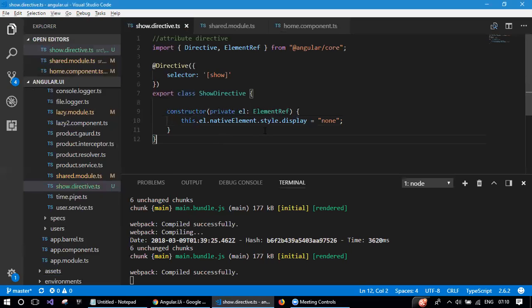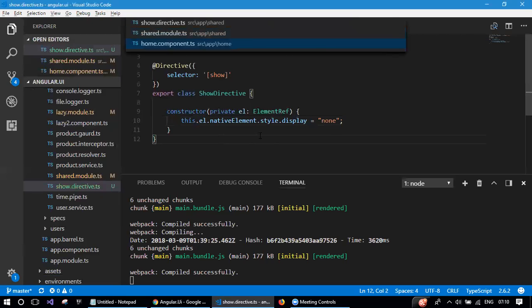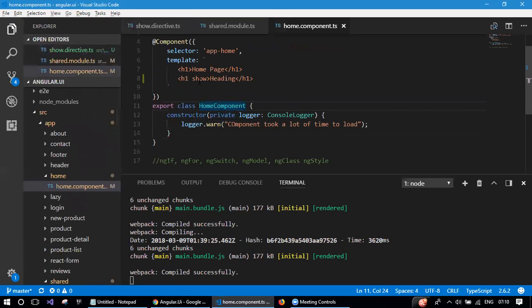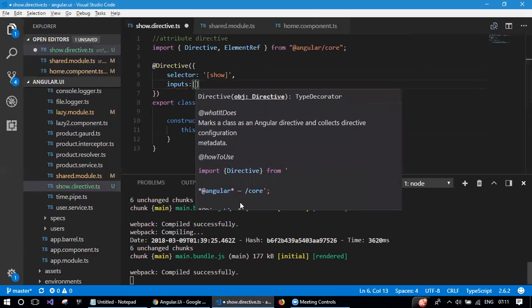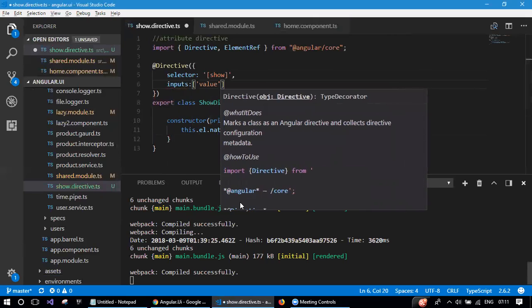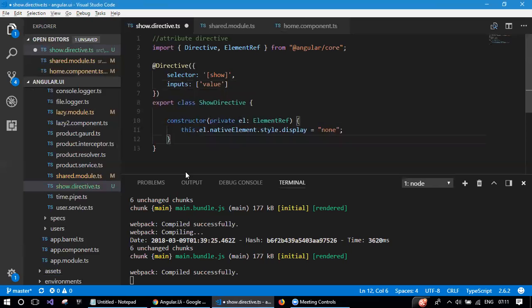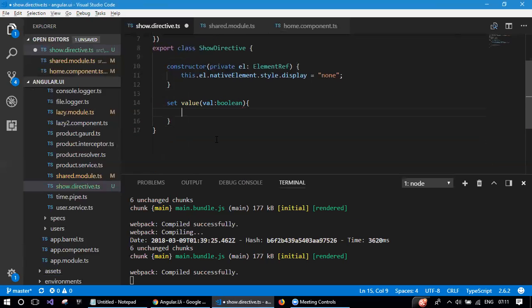Okay, so this is actually again not a great directive. When you go back to the home component, it just says show, and it is hiding this heading. It doesn't make much sense, because based on a certain condition, it should show or hide. That's what I want. So in that case, the inputs come into the picture. So you accept some input. I'll say value or whatever it is, and I'll have a setter. We have learned setters and getters probably in the first or second session of this Angular course. So this will have a boolean. A setter is where you're trying to set some value. So if the value is true,